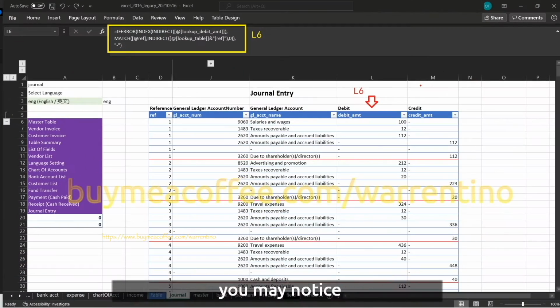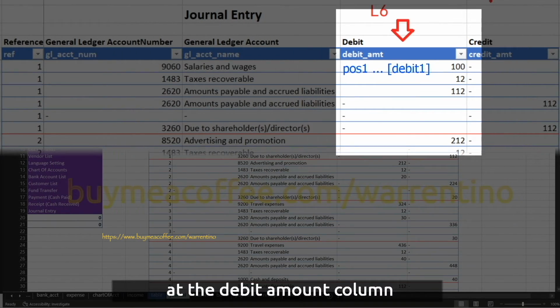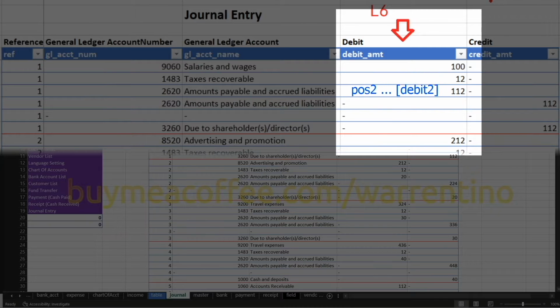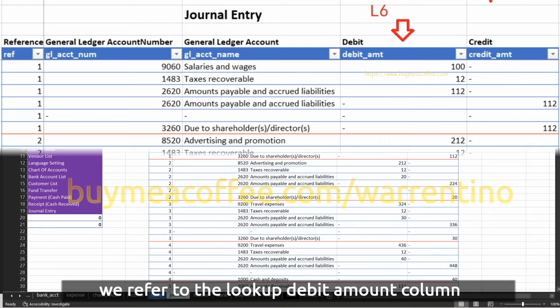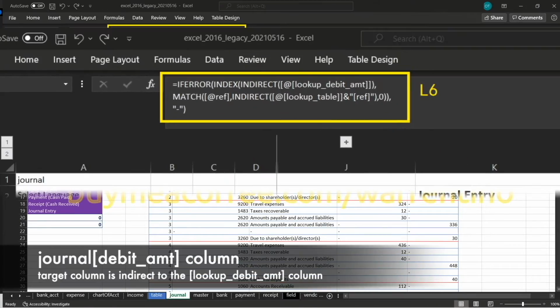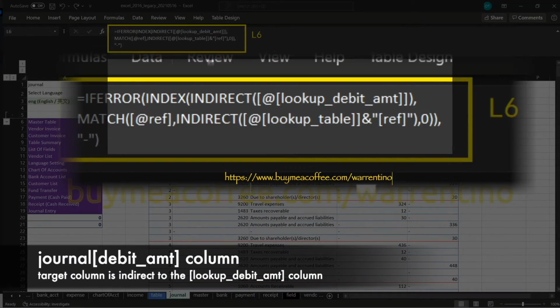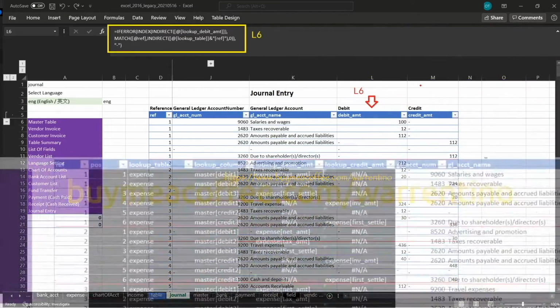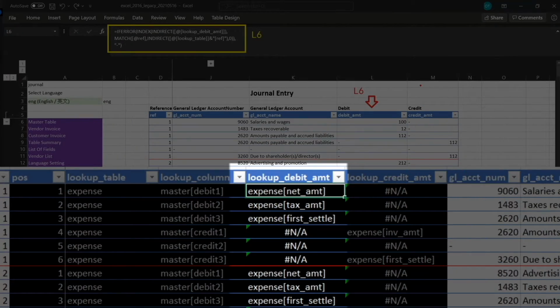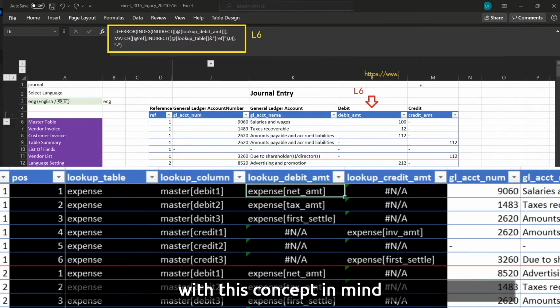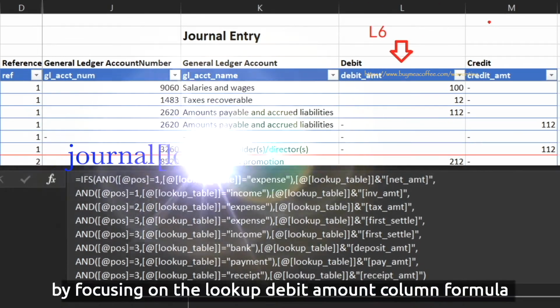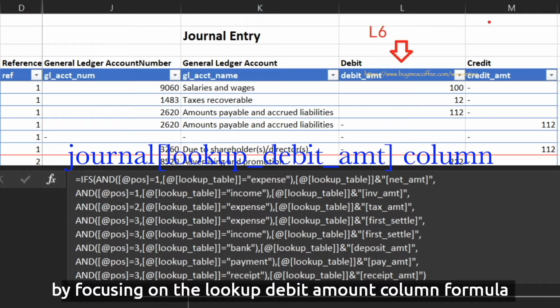You may notice when we extract the debit amount in the debit amount column, we refer to the lookup debit amount column. With this concept in mind, we can speed up our lookup by focusing on the lookup debit amount column formula.